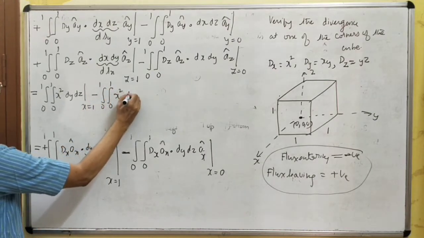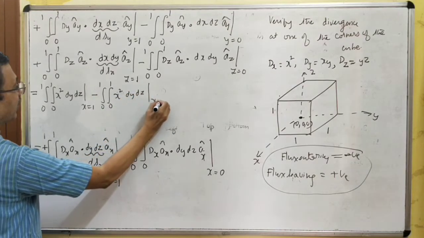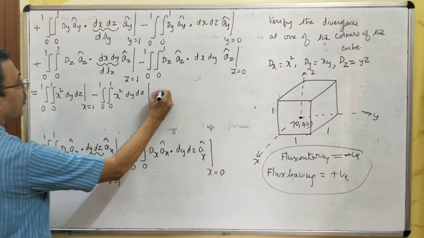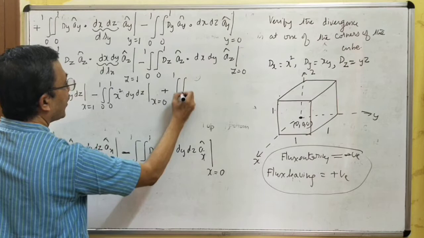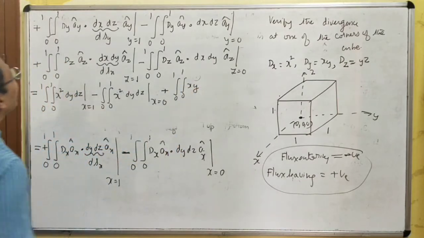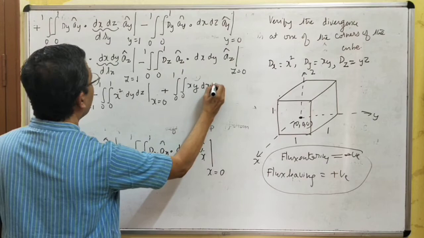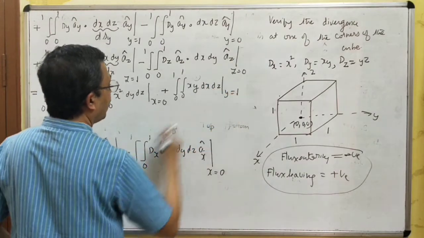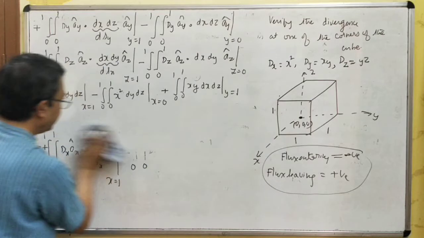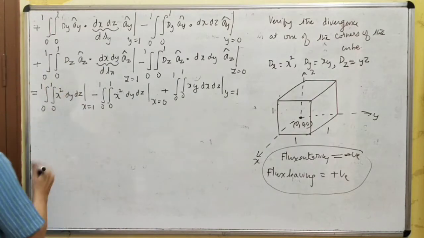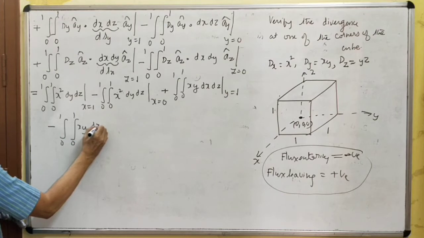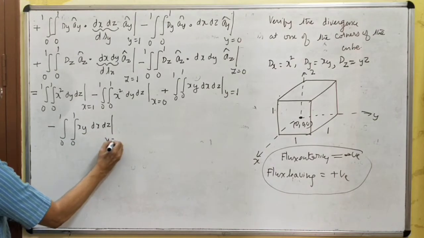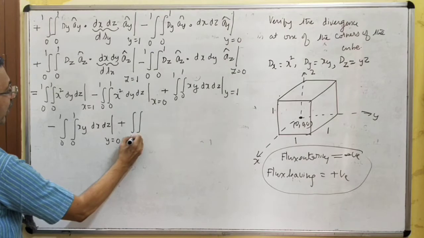x square dy dz evaluated at x equal to 0, plus what is D_y? D_y is xy. xy into dx dz evaluated at y equal to 1, minus double integral, limits from 0 to 1. What is D_y? xy into dx dz evaluated at y equal to 0, plus double integral, x varying from 0